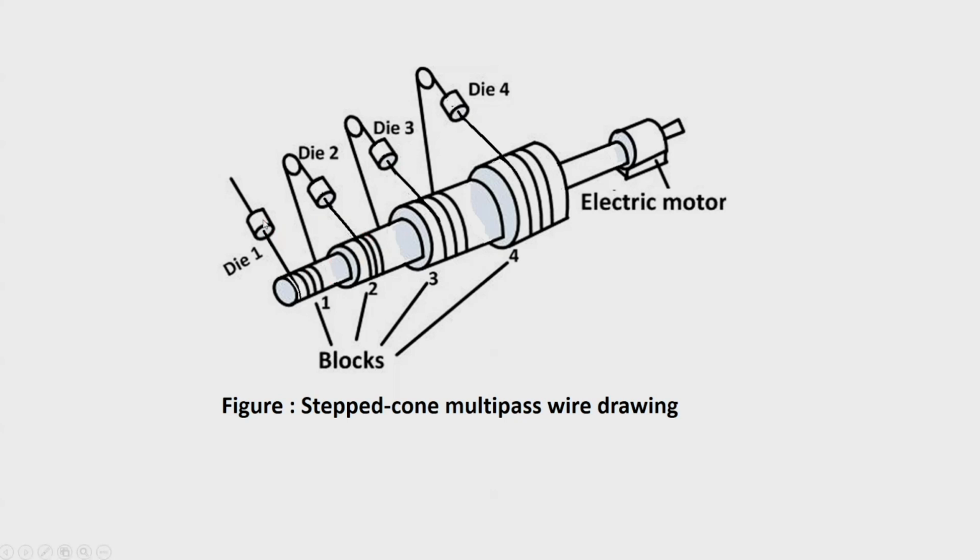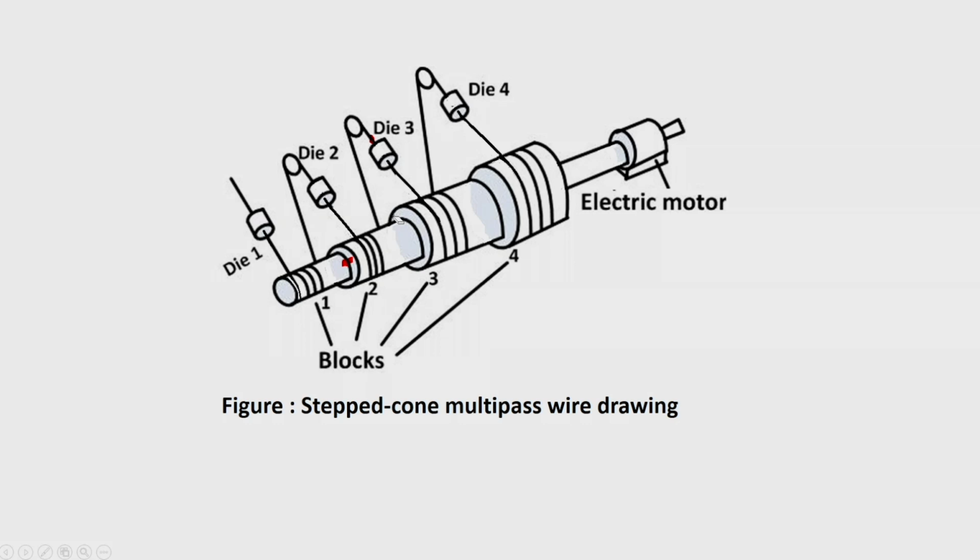Whatever be the reduction, based on that, what is going to be the velocity here, and by having the diameter here, you can have the velocity, which is the output in the second one. Similarly, from that it goes as input to the third die, and when it comes out of the third die, the velocity will be still higher. To take care of that, the diameter is adjusted, and so on. This series of arrangements are there.